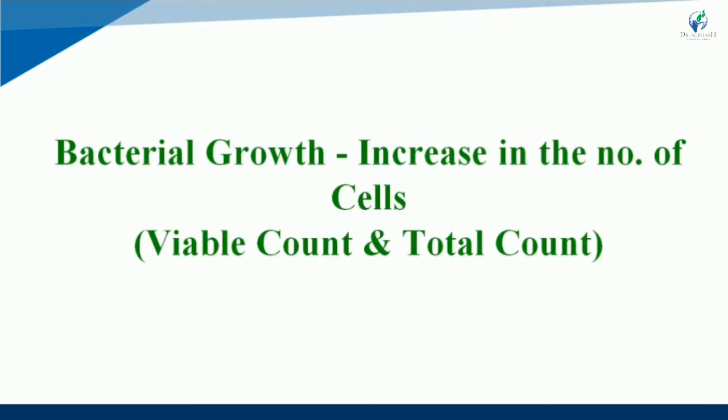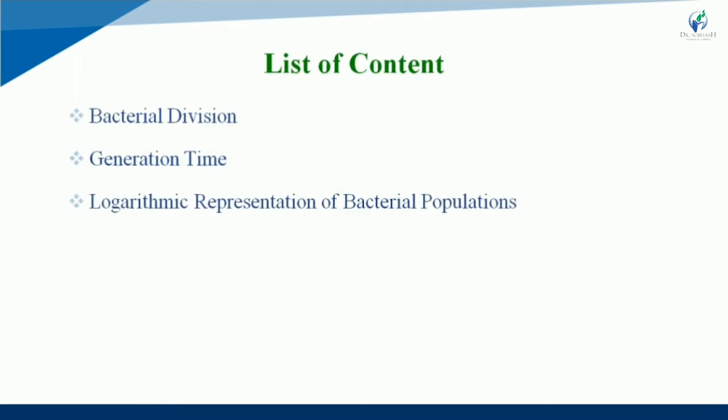Next one is bacterial growth. What is bacterial growth? We already discussed. Bacterial growth means an increase in the number of cells but not an increase in the size of the cell. Viable count and total count we will discuss. The list of contents: first, what is bacterial division; second, what is generation time; and last, logarithmic representation of bacterial population. So first one,